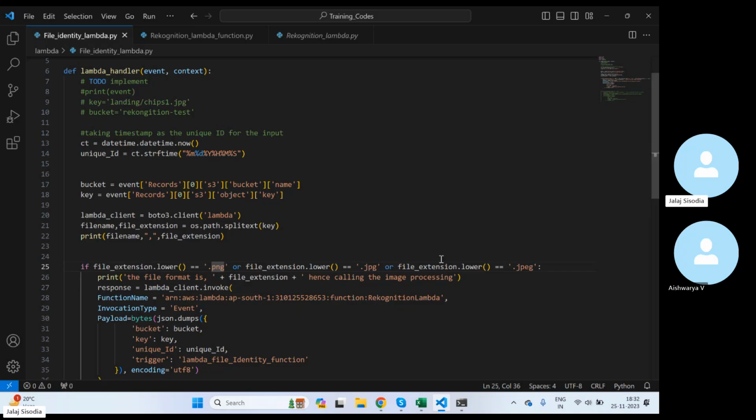If this condition is satisfied, that will be for our use case, because we are passing a file name that is scan.jpg. It will satisfy this condition, as one of these three should be satisfied. We are going to print a message that the format is this, and we are going to call in the image processing,